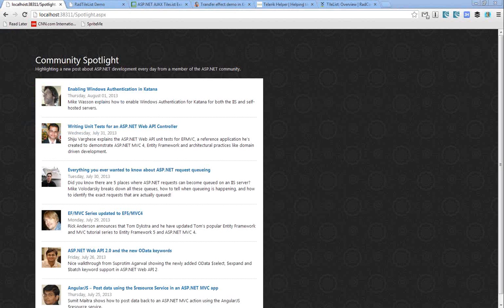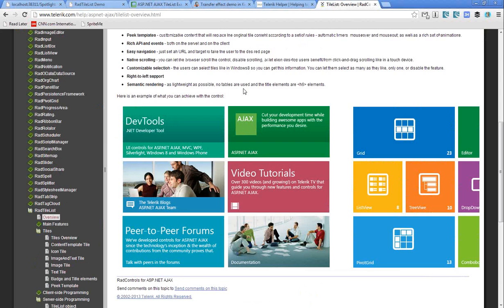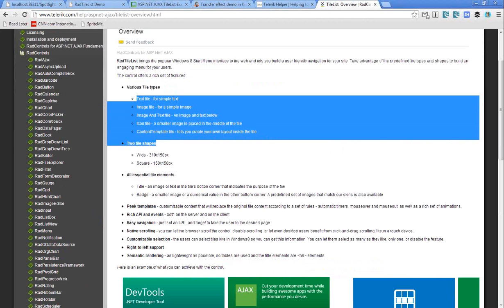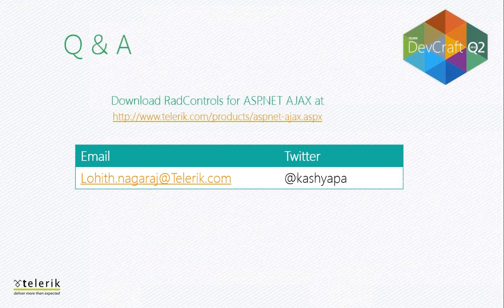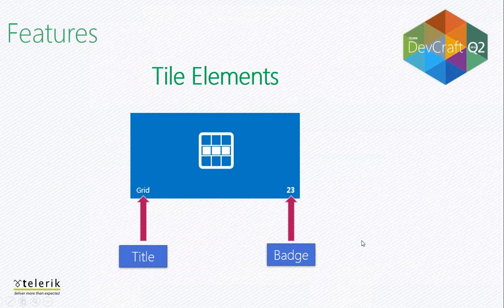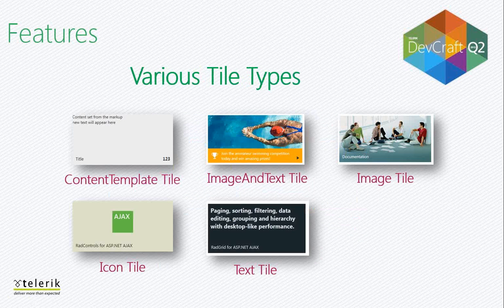This is a good question. Can this list hold some videos or other controls, or can we use only text or image? See, as I said, I think you guys are getting confused. Don't get confused. Basically, we support this many types. Okay, let me bring back my tile things. So if you look at the types that we support, these are the tiles that we support, content template